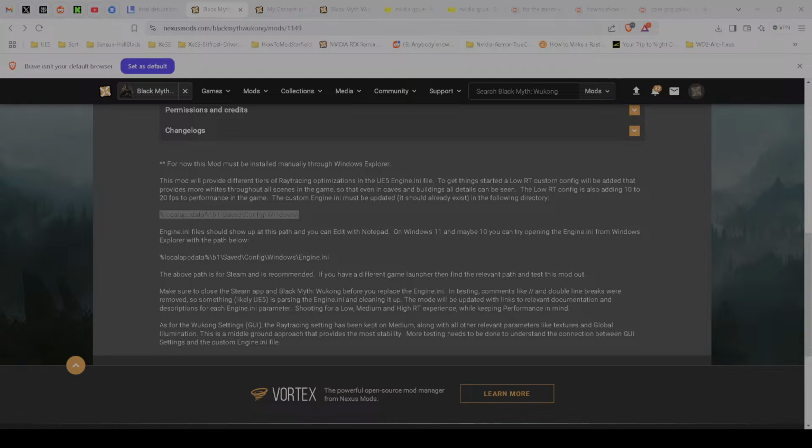Posting in the chat the Nexus mod that I created for Black Myth Wukong. It's going to give you, I don't know, every setup is different, you could get 10, you could get 20 more FPS and have ray tracing enabled. There is no high mode configured by the developers. They did not add it. All you can do is low, medium, and very high for ray tracing in the game, unless they come out with a patch,